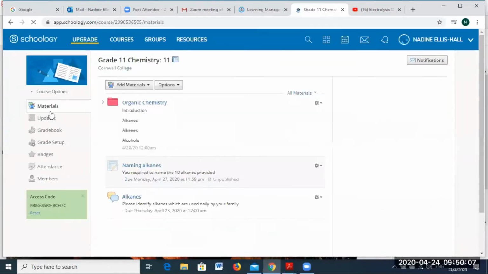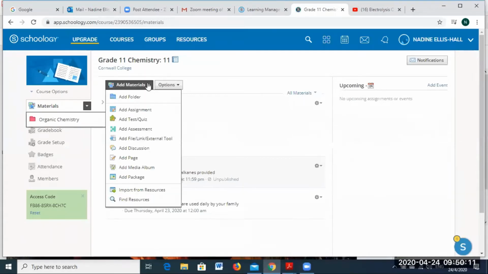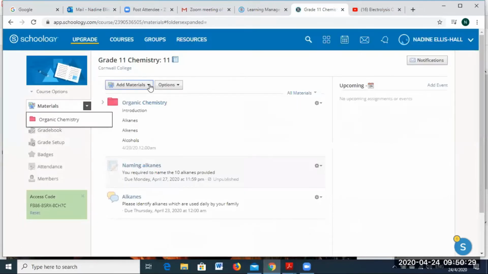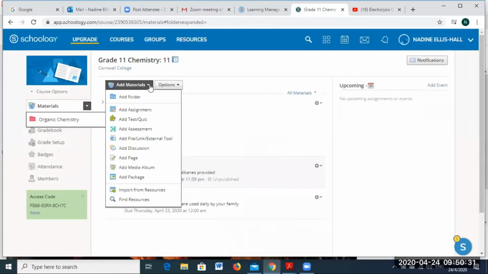So where it says add material, where it says add tests, after your tests, you have the option of importing a test. Also, what you can do,